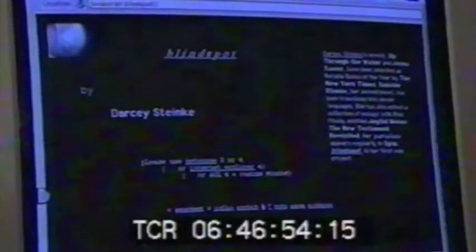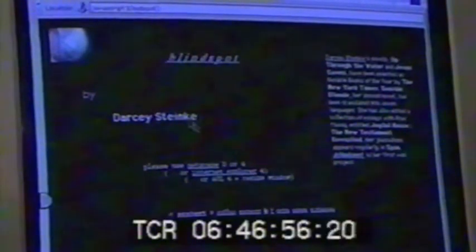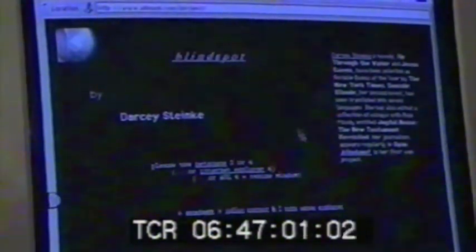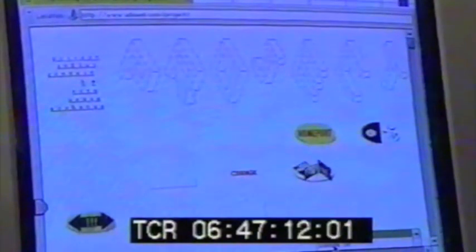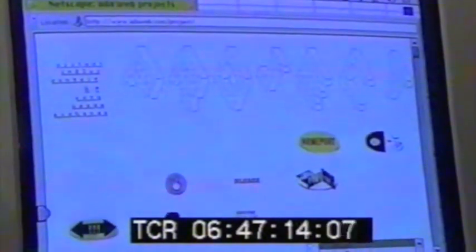Great. Doug Aitken's Loaded 5 Times. Is that the one that goes backwards? Yes. So the second project we're looking at is Loaded 5 Times. It's a project by video artist Doug Aitken,